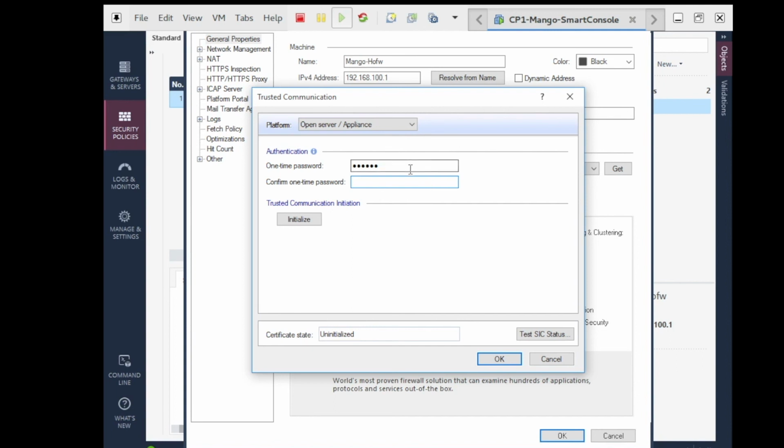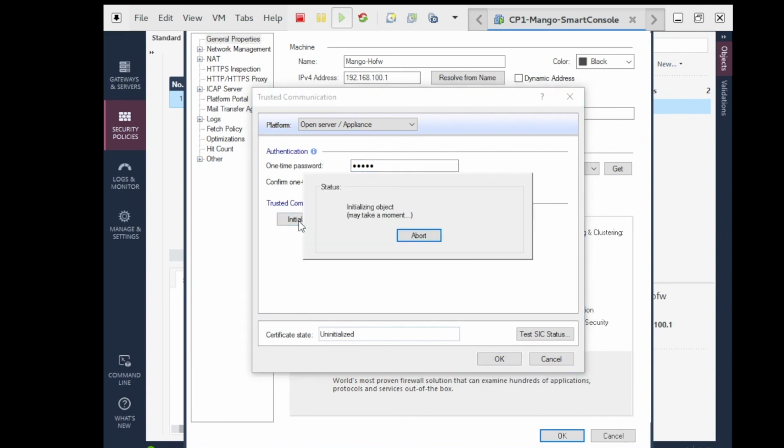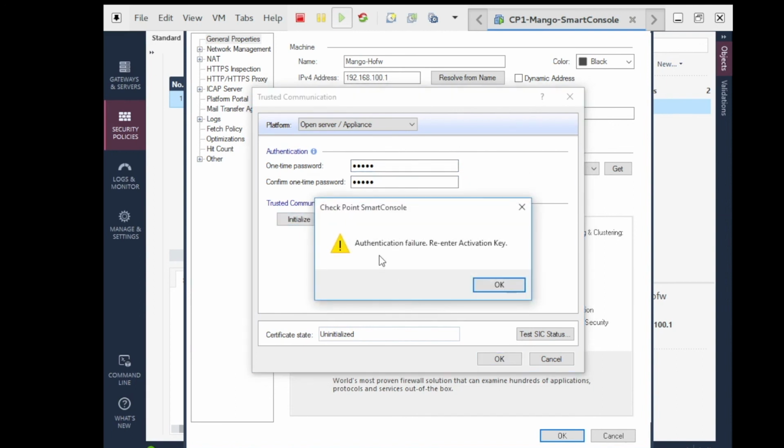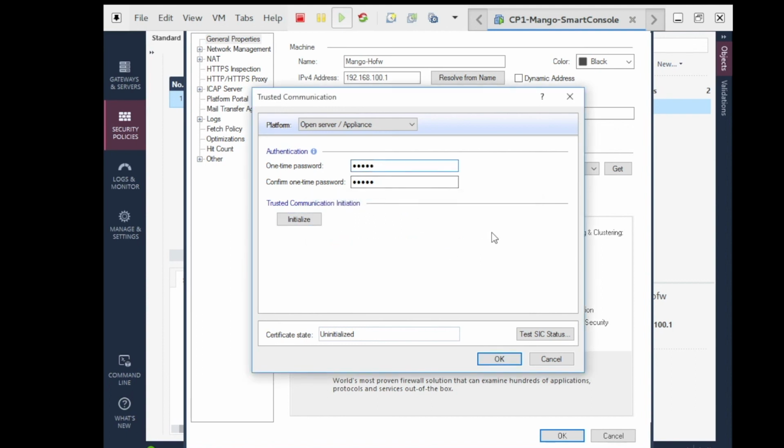Let us give the password as ASDFGH. I give the wrong password now. As I click initialize, it says authentication failure, re-enter the activation key. That means only when the password is known, we can reset the password.